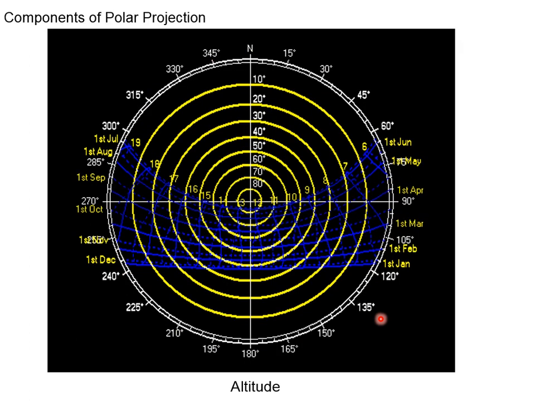The second circle is called the altitude angle, which is depicted in terms of concentric rings. Imagine a hemisphere. If you have a globe, imagine there are a lot of circles drawn on a hemisphere, and if you look from the top, it will have certain concentric circles. Every concentric circle is 10 degrees: 10 degrees, 20 degrees, 30, 40, 50 and 60. When the sun reaches the topmost point at about 12 o'clock or 1 o'clock in certain latitudes, it will be at 90 degrees, which is also called the zenith angle.